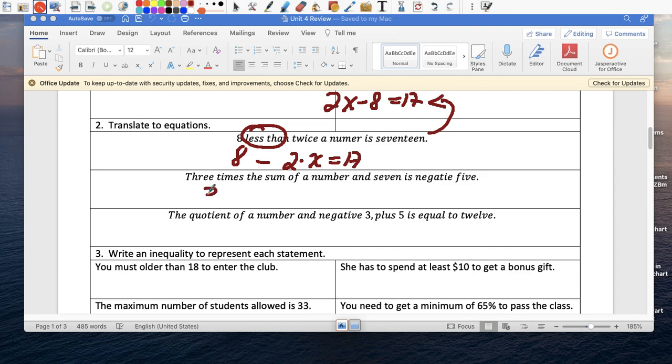Second one, 3 times the sum of a number. Because it's a sum and involves more than one term, we're going to put in parentheses 3 times the sum. What am I adding? A number plus 7. There you go. 3 times this sum over here is negative 5. The quotient means division, and who am I dividing? A number. Here's a number that I don't know, and negative 3, and divide by negative 3, plus 5 equals